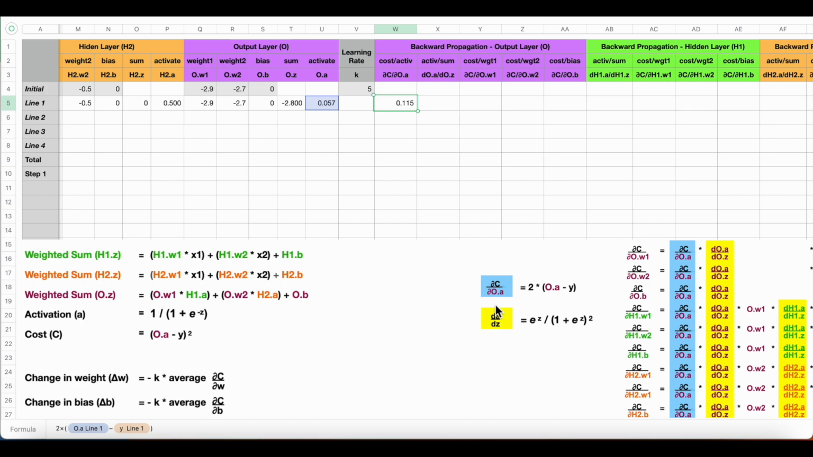We have the formula for the derivative of A with respect to Z. And let me be careful about the way I put this in. So that's EXP. In this case, we want the output Z. We're going to divide that by